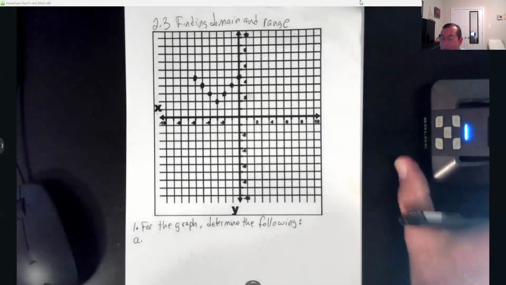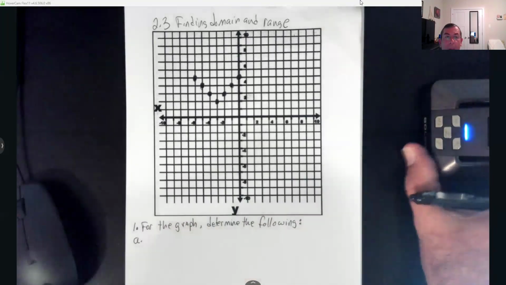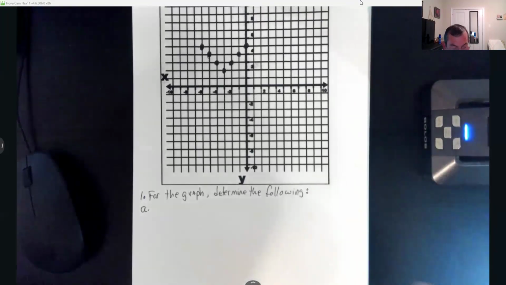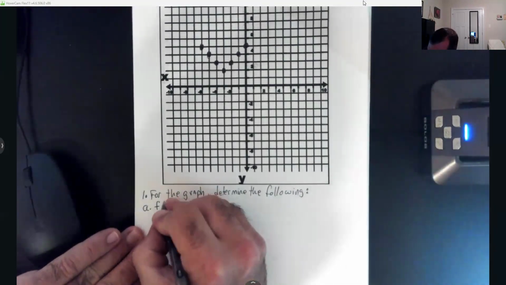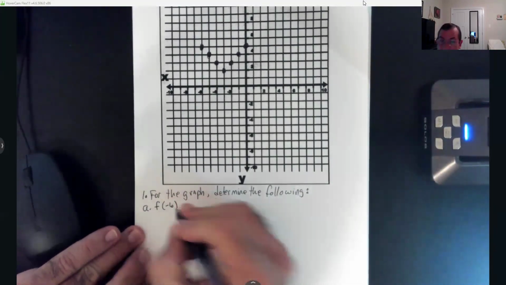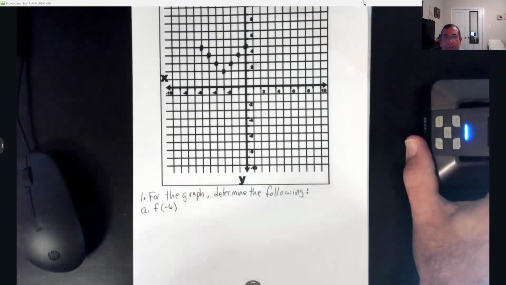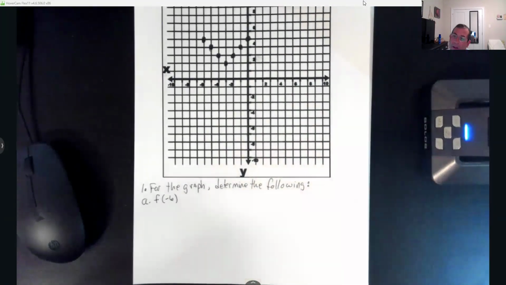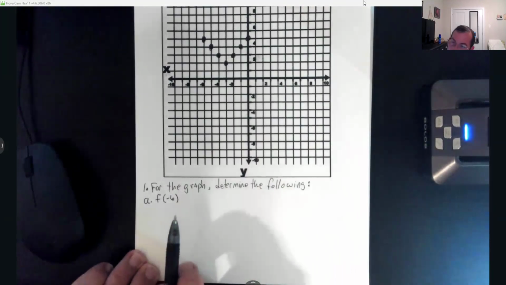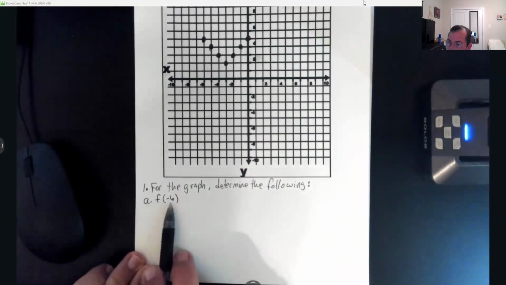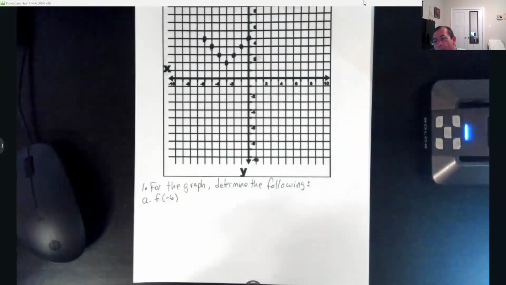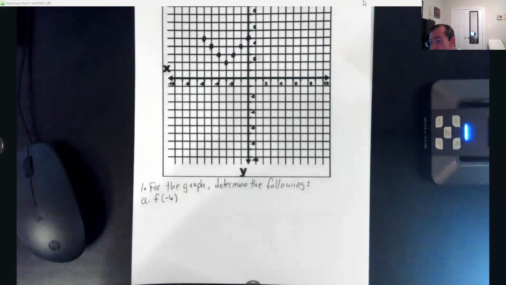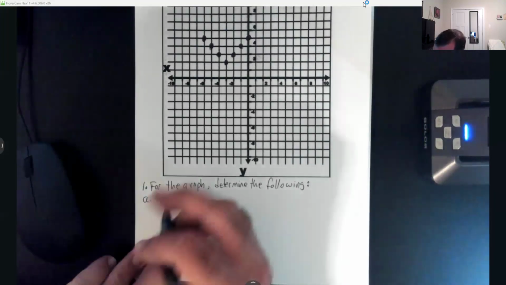So the first thing they want us to find on this graph is f of -6. So y'all, here's what they're asking us on this. They're giving me a number on this function, remember? And when they put a number there, that's the number that would go in for the x. So they're basically, on this question, they want to know